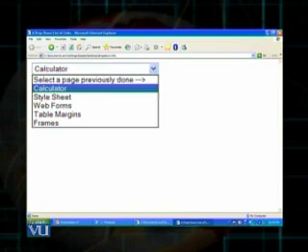And I want all these different options except the first one to be clickable, such that when a user clicks on the option calculator, a calculator page would open before the user. If he clicks on the option style sheet, some web page containing style sheets would open.